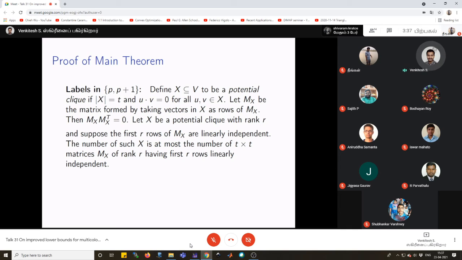So now can we count the second quantity? The second quantity is very easy to count. The number of such matrices, this is a common algebra calculation that we have done several times over while trying to compute the size of GL_n(F_q), or rather a more general version of that where you try to compute the number of matrices with a certain rank. I'm not going over how we get this computation, it's fairly straightforward. The number of such matrices turns out to be this product on the left. But then when you simplify this, it turns out to have a very interesting quadratic expression in R in the exponent of t.